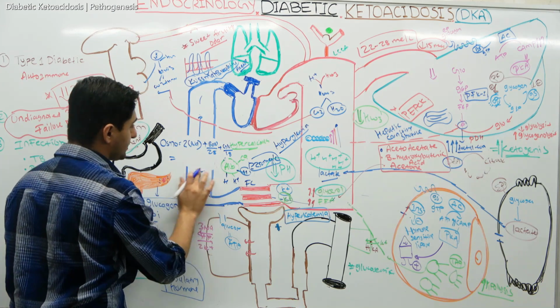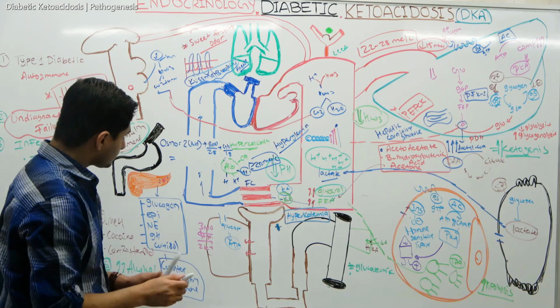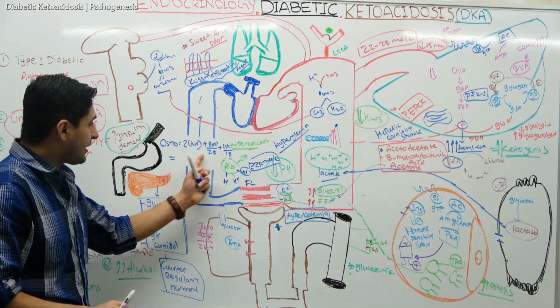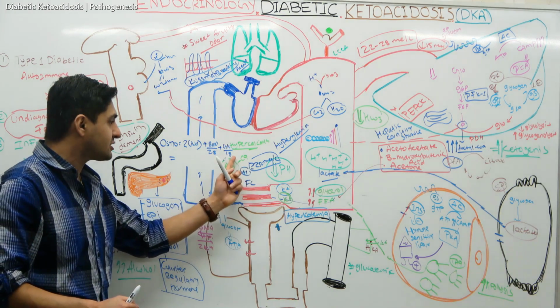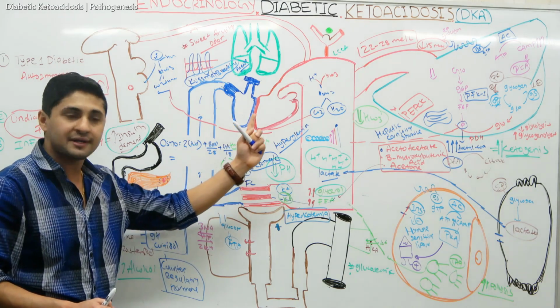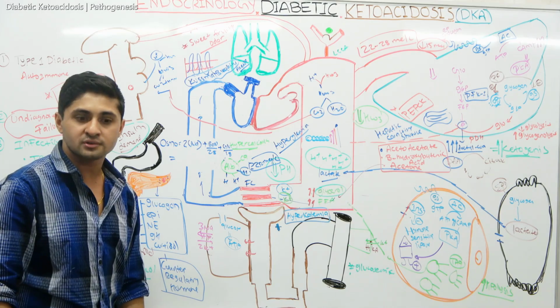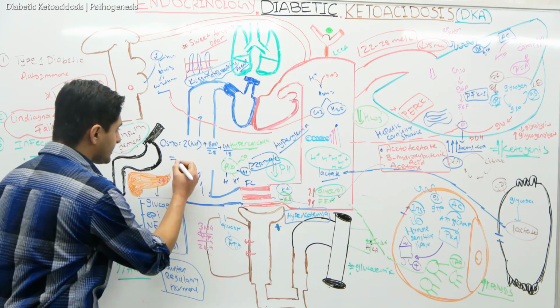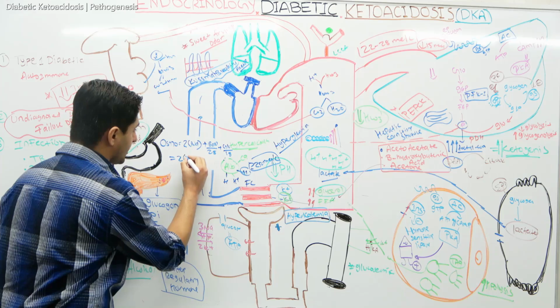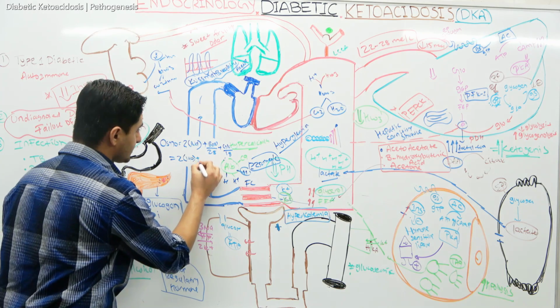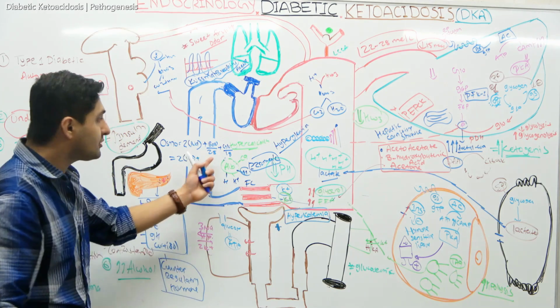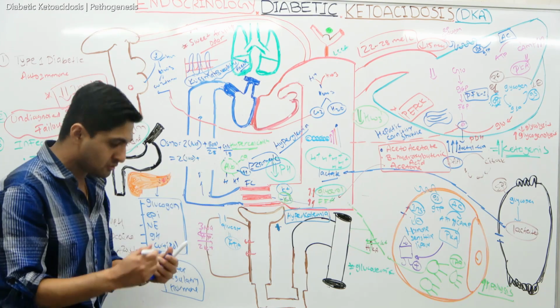This is how you find the osmolarity. Now in our case, this glucose is going really up. If the glucose goes really up, it becomes like 350 per liter. Let's say this sodium is, for our case, 140. Plus your blood urea nitrogen also goes up. Let's just talk about how that goes up.